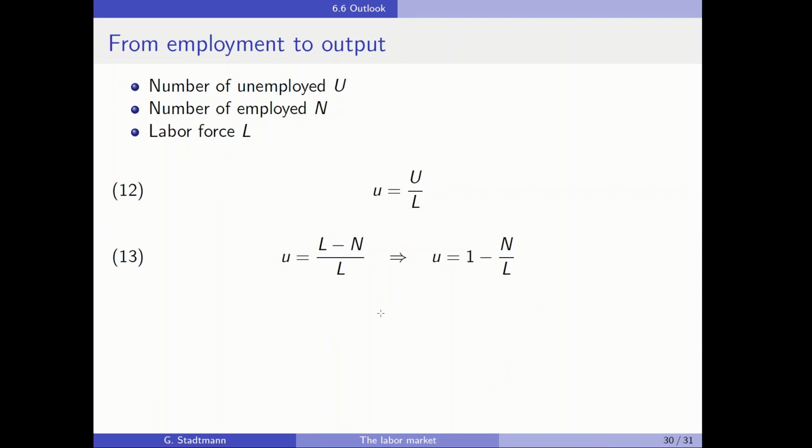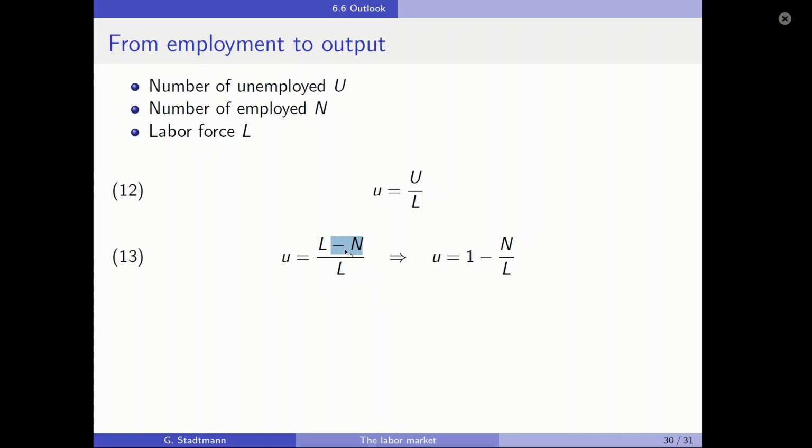In the last part of chapter 6, we provide an outlook with respect to what's going on in chapter 7. We want to highlight the relationship between unemployment and employment and the output level. So let's once more stress that the number of unemployed is the large U variable. The number of the employed is this N, and the labor force is abbreviated with L. The unemployment rate, small u, is equal to the number of people which are unemployed divided by the labor force. The number of people which are unemployed is also equal to the labor force minus the people which are employed,